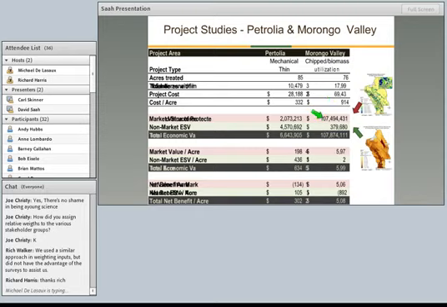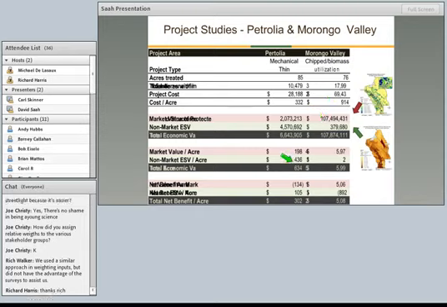Now, if you look at the structural values, this map that we spoke about briefly beforehand, you'll see in Petrolia, the total value for that area is about $2 million versus $107 million for Morongo Valley. But when you look at the ecosystem service values, the non-market values, the equation is essentially changed, where you have $4.5 million worth of value here versus about $400,000 worth of value here.